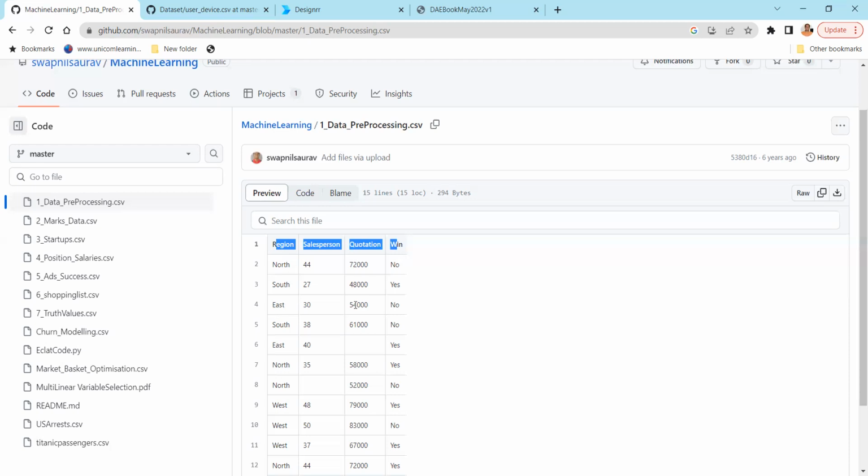In a normal sense, we probably want to predict whether we can win a sales deal or not based on these 3 values. If the sales deal is happening in the North region, and the salesperson's age or number of people involved is 44, and the quotation that we have given is 72,000,